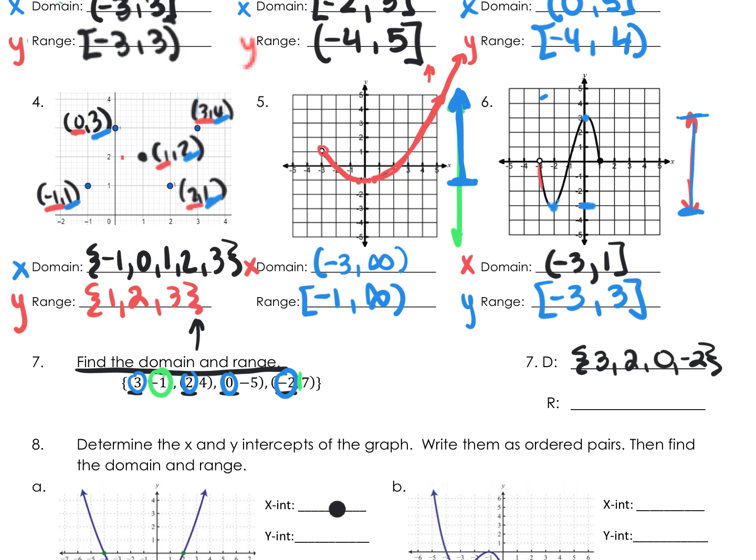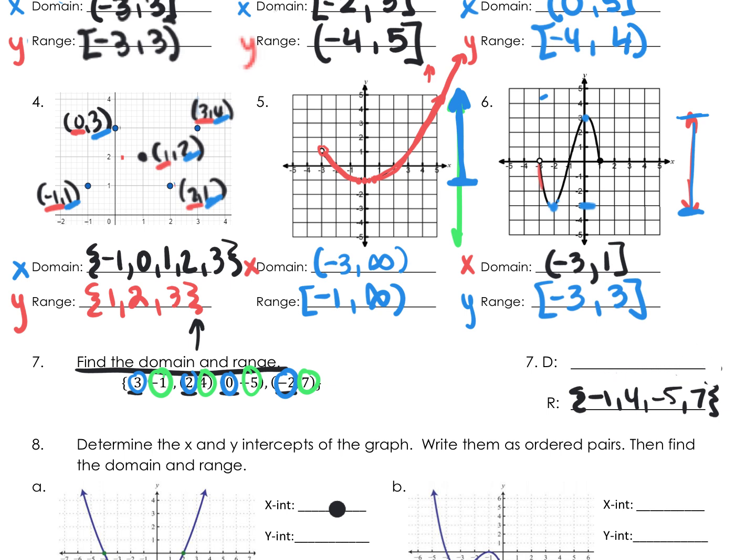And in my range, there's only 4 numbers. Okay? So in my range here, we will have -1, 4, -5, and 7. Okay, those are all the y values. Now we want to go ahead and put these in order, so let's go ahead and change this a little bit and put them in order